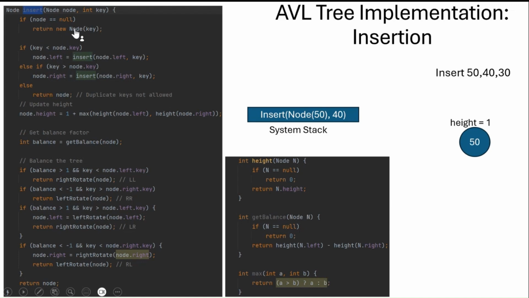Now 40 we want to insert. So as I mentioned, in a standard binary search to insert, if the new key is less, it will go on to the left side. Otherwise, it will go on to the right side. Now 50 dot left is null. So here it will create a new node with value 40, and it will return where the previous insert function